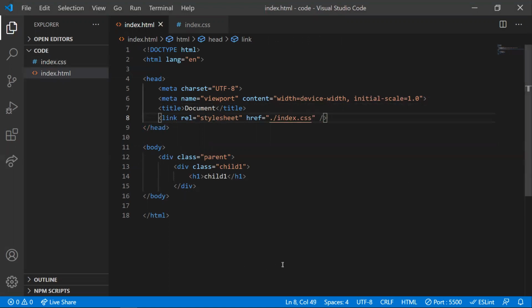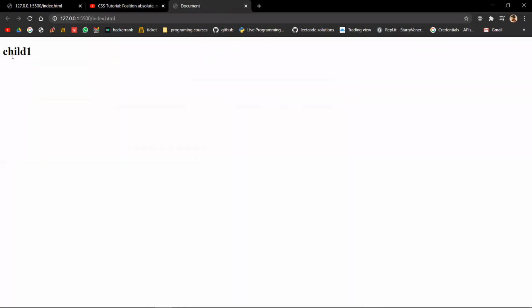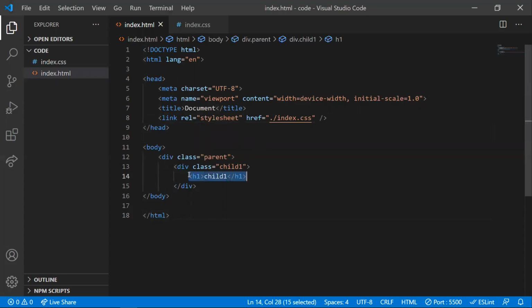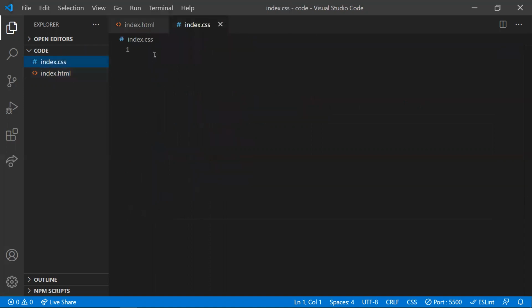Now let me start the server using live server. So this is child1 which we have represented inside the parent component. So now let me give color to the parent component so that it will be good for representation.